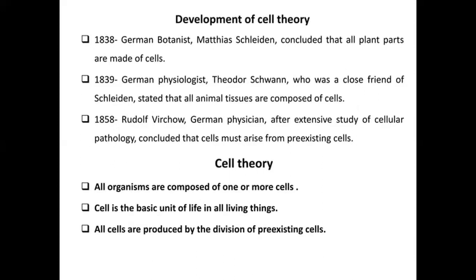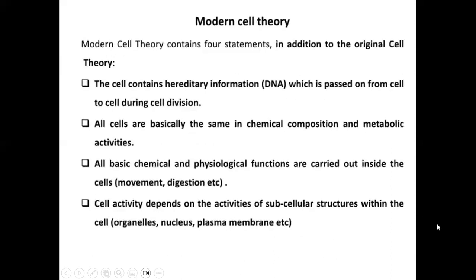Based on all these findings, the initial cell theory was proposed, which stated that all organisms are composed of one or more cells. Cell is the basic unit of life in all living things, and all cells are produced by the division of pre-existing cells. Later on, additions were done to the previous cell theory, and that gave rise to the modern cell theory. The modern cell theory also took into consideration other contributing factors such as the hereditary material or